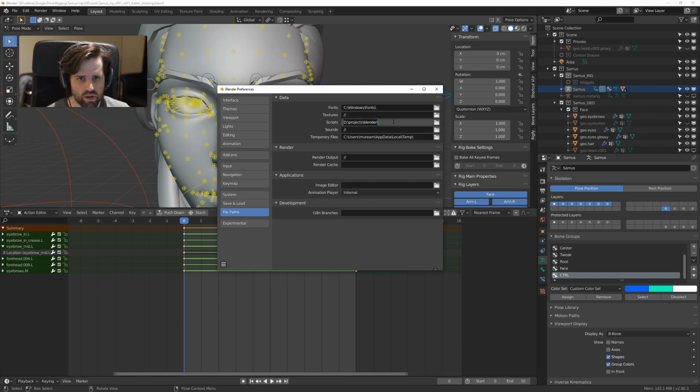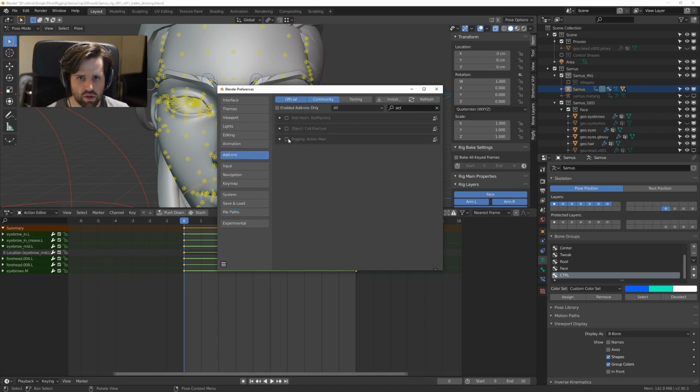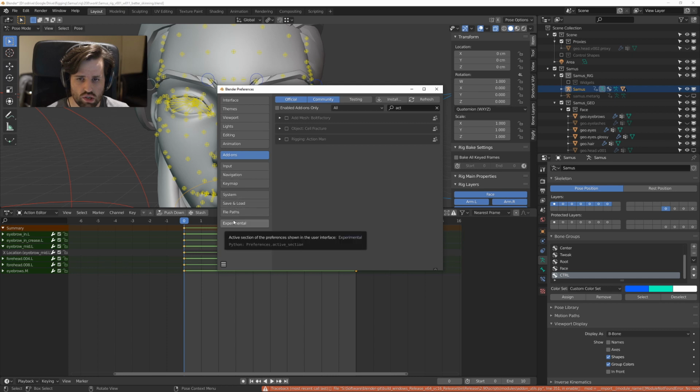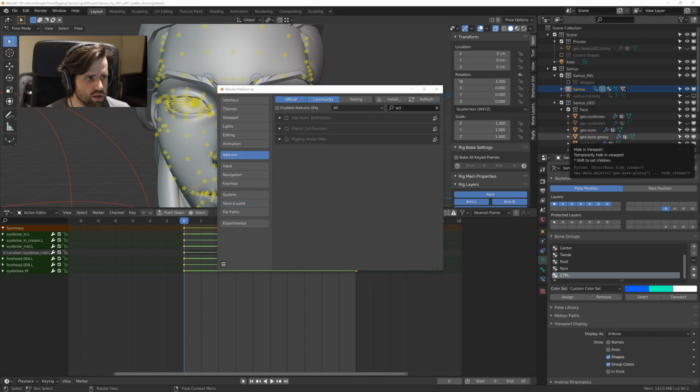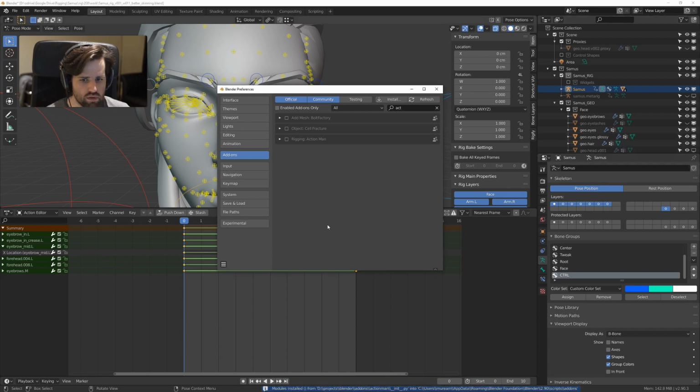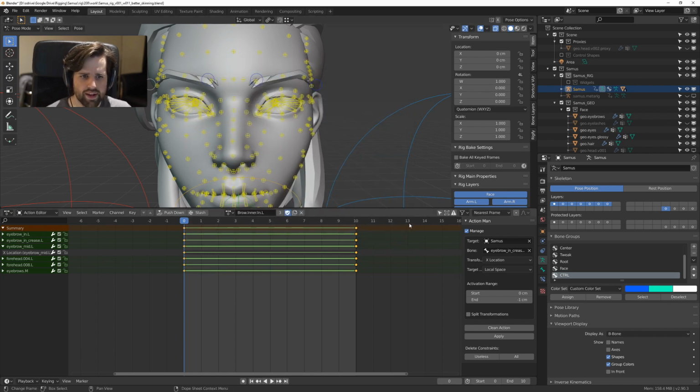I just need to have that path set up so that it sees my custom add-ons, and if I refresh them, I should, yeah. And it doesn't work. Why? Can I install it from this? I guess not. Okay, now it works. Oh, okay, that's weird. Anyway,